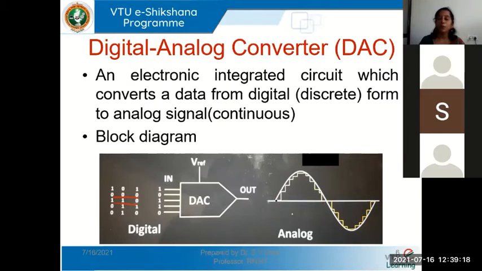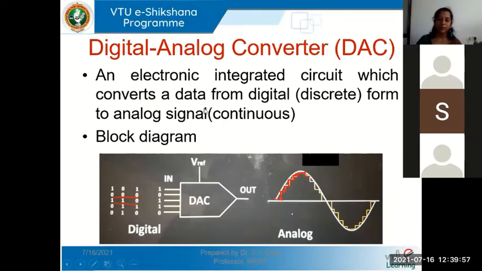You see, the output you get will not be a perfect sine wave. It will be something which looks like a staircase approximation of the actual analog signal. If the actual analog signal was a sine wave, your output will look something like this. It will look like a staircase which gives me an approximation of the sine wave. And if I want to receive the sine wave only, I don't want the staircase, I can pass it through a low pass filter and it will be converted to a sine wave. As simple as that.